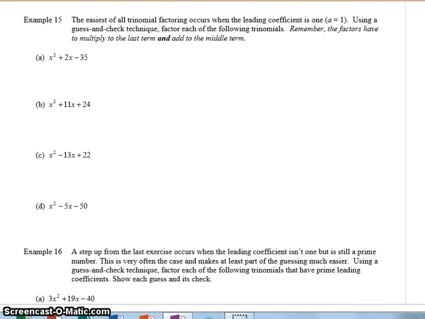Example 15. The easiest of all trinomial factoring occurs when the leading coefficient is a 1. Using a guess and check technique, factor each of the following trinomials. Remember, the factors have to multiply to the last term and add to the middle term. Guys, this is huge. You have to memorize this. They're going to multiply to the last term, but add to the middle term. So it's got to multiply to this, but add, oops, it's supposed to be an A, not a D,